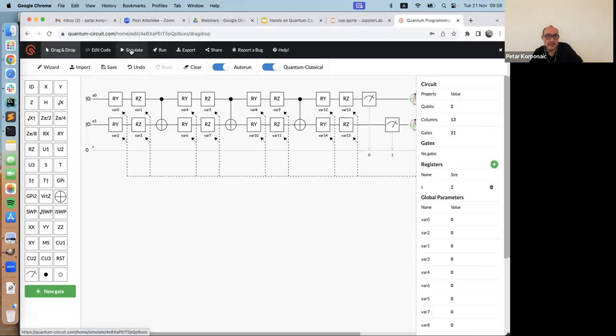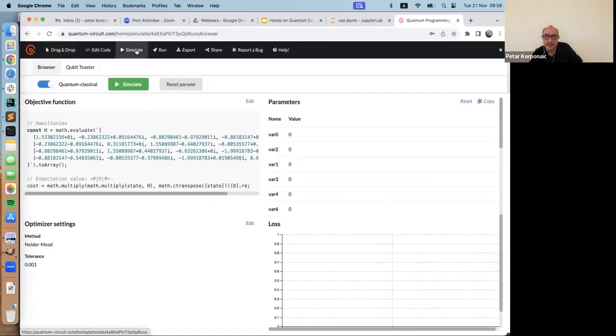I will go to this simulate page. And so we can see the objective function. We can see the parameters. Initial parameters are now 0. There is no smart choice of initial parameters when the wizard makes this circuit. It resets all parameters to 0, and that's it. I will click simulate,